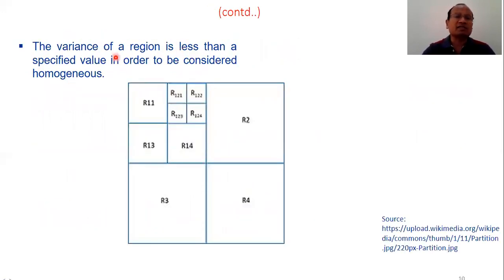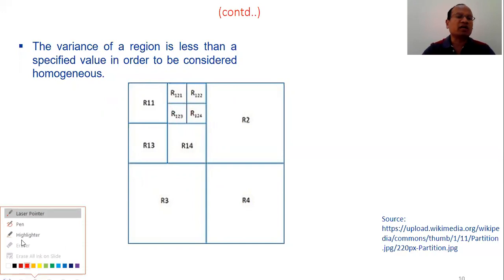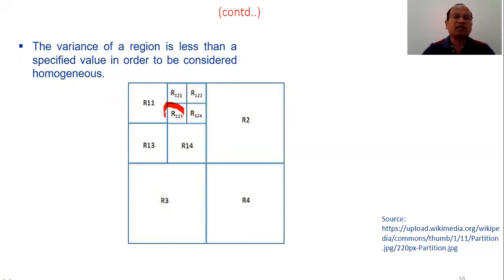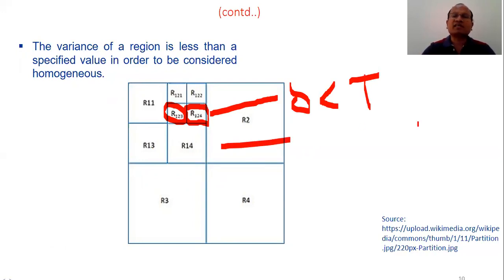So the variance of the region must be less than the specified value in order to be considered homogeneous. We'll check whether the variance is less. Suppose we are talking about this split, when we find R2 to 3, R1 to 3 and R1 to 4, let me choose a highlighter. If we find that this R1 2 and 3 and this R1 to 4 have a variance sigma that is less than the threshold value,